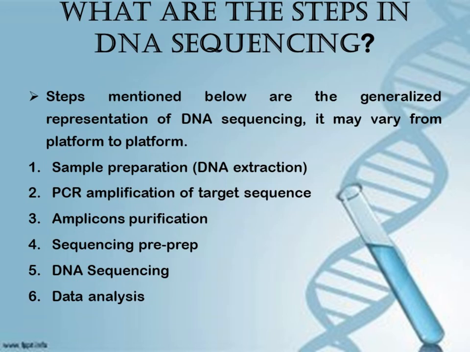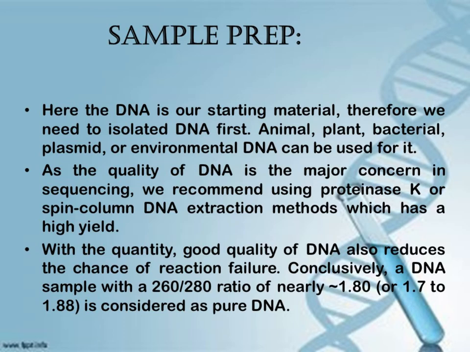We will be extracting the DNA. For DNA sequencing, it is very important to extract or isolate the DNA from any tissue sample or any source sample. The second step is PCR amplification of the target sequence. Basically, amplification refers to the production of one or more copies of a genetic fragment or target sequence, specifically the amplicon. Now let us have a look at the first point, that is sample preparation.